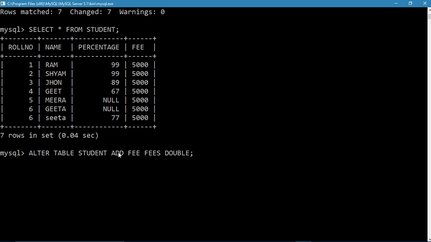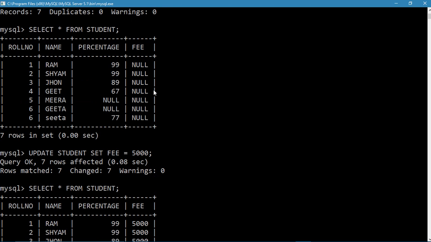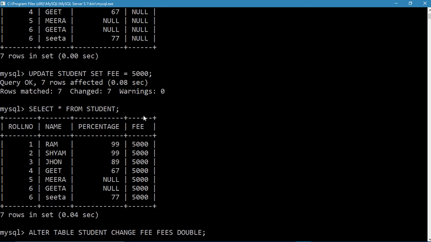We should write change, because earlier we had used add. Now you want to make changes. So the command is alter table student change fee fees double, meaning now change the fee column as fees, and the data type of the new field is double. Earlier I had taken float, now it will be double.